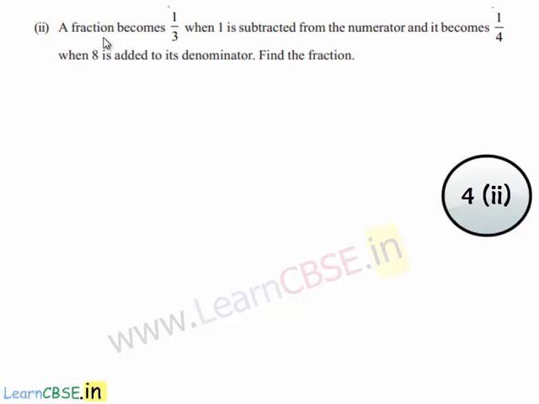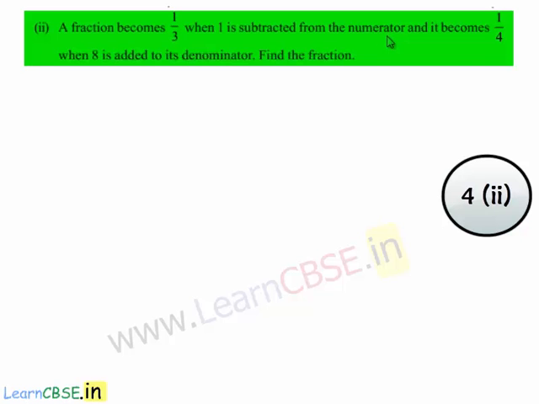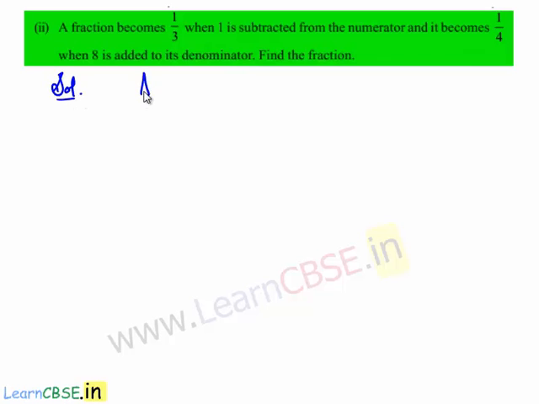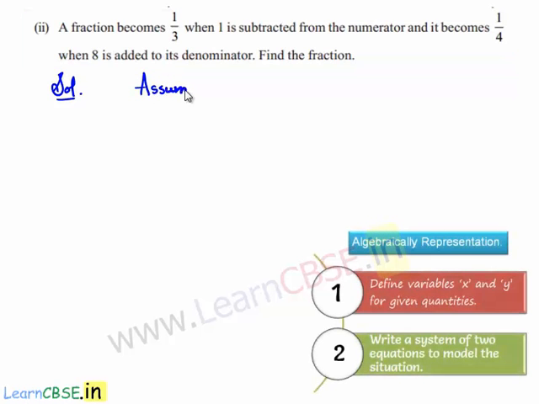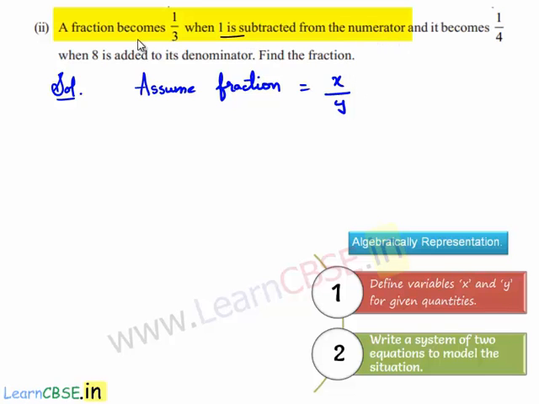Coming to the second bit, a fraction becomes 1 by 3 when 1 is subtracted from the numerator, and it becomes 1 by 4 when 8 is added to its denominator. Find the fraction. So let us assume that the fraction is equal to x by y, where x is the numerator and y is the denominator. According to the given problem, when 1 is subtracted from the numerator, the fraction becomes 1